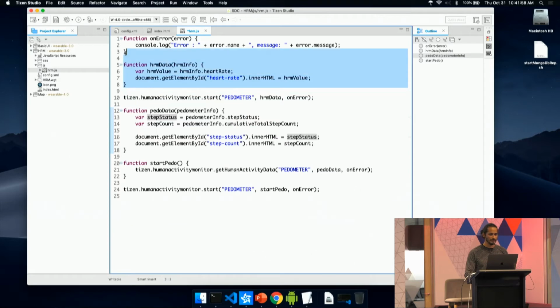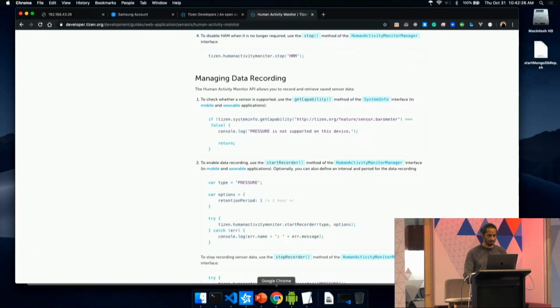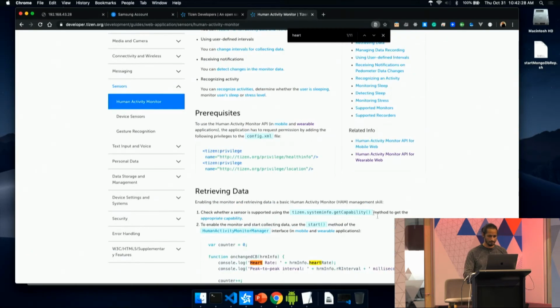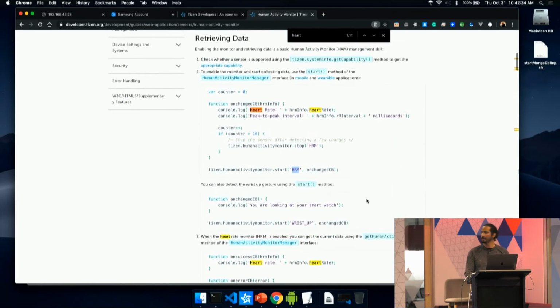So, also want to mention that I want to access the heart rate information as well. This one's a little easier. Just one liner here. Let's see. Okay. Oh, this is supposed to be HRM. Okay, let me double check that. Yeah, so if I want to access the heart rate monitor data,